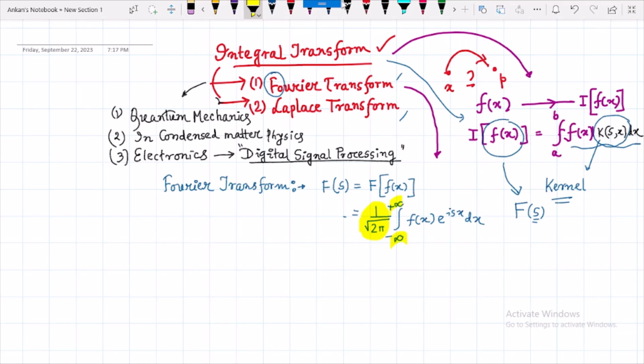This is nothing but due to the normalization constant. You will learn this in your quantum mechanics also. This is nothing but the normalization factor. Okay, it is a constant. It will not change the function, but it will help you to normalize the function you have chosen. Okay, so here you can notice that the kernel is nothing but e to the power isx, whereas if I want to write the Laplace transform, the Laplace transform,